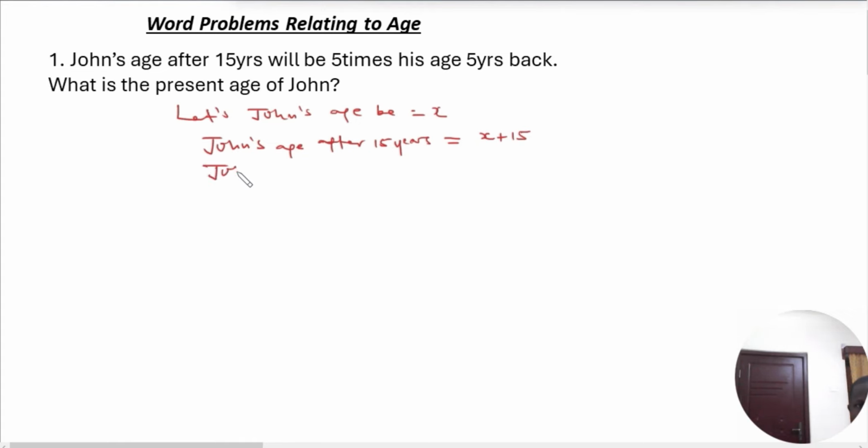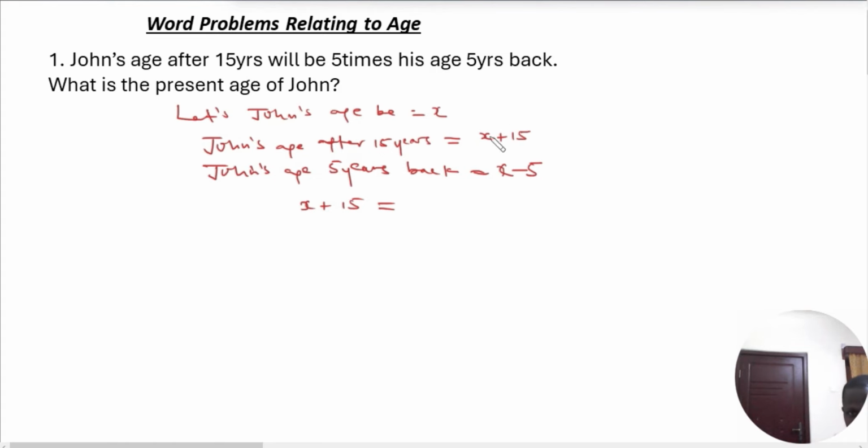John's age 5 years back will be equal to x minus 5. So now we're going to write an equation according to the statement we have here. John's age after 15 years, we know, is x plus 15. Let's write x plus 15 will be equal to